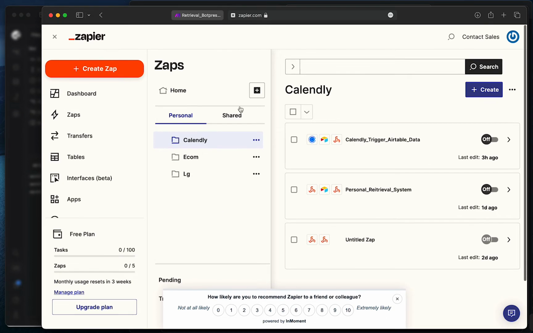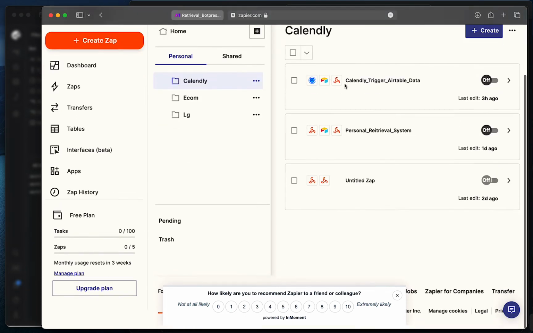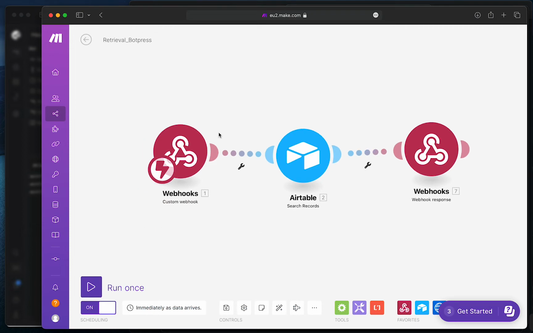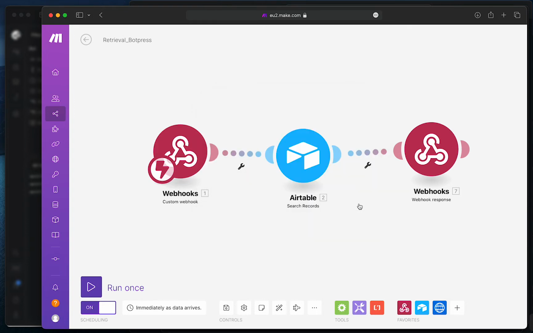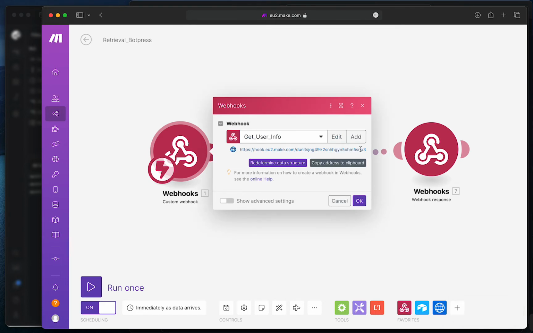Once again, I'm using make.com right now, but I've set it up in Zapier, so if anyone wants these templates or wants some help, you can just send me a message or comment on the video, and I'll be glad to provide it to you. But so in make.com, the first thing you want to do is set up a webhook. Yeah, so this is our webhook, and this is, as you can see in our execute code cards in Botpress,